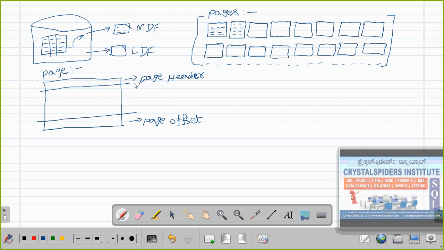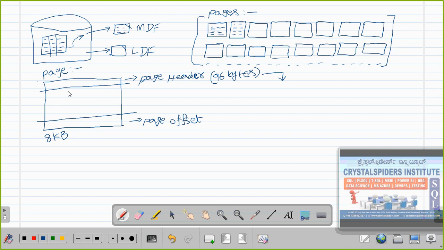So what is the purpose of this page header, page offset, all that? Every page has the same structure. The page header will store the details of the page. The total page size, every page size, is 8 KB, guys. Within this 8 KB, 96 bytes will be allocated to store the page header details. So within these 96 bytes, what information will it store? That's very important.